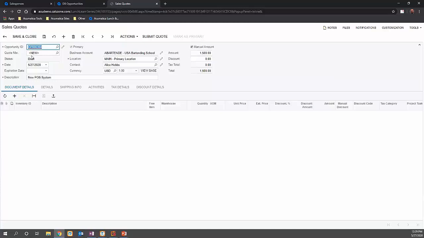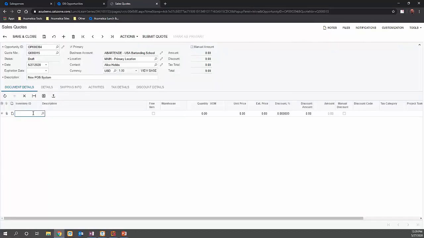Another nice feature about this is I have not created the document until I hit save, so if I wanted to back out of here, it's gone. There's no actual record created. There's no missing document if I had to delete it. I'm going to hit save, and I'm going to actually unmark manual amount because Alice told us she's looking for a specific POS. So what I'm going to do now is add the inventory item